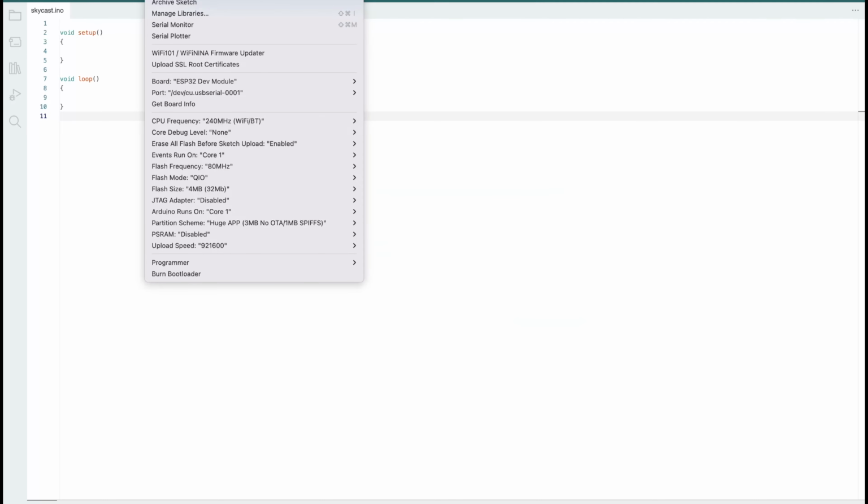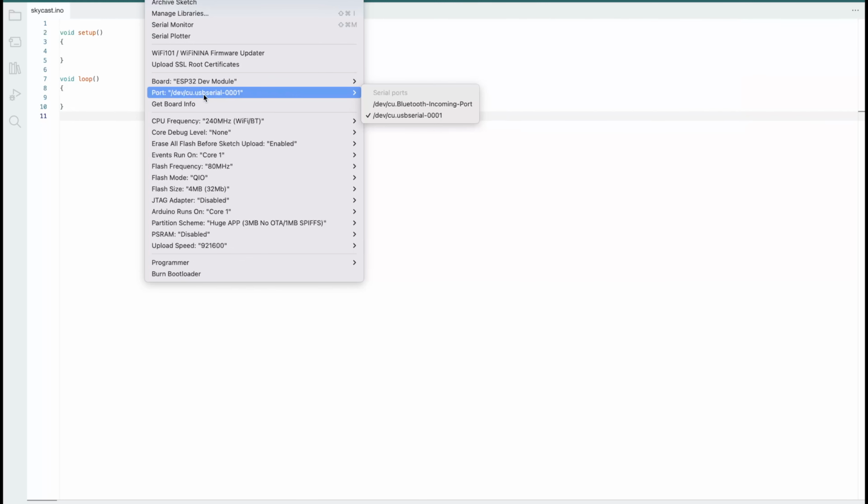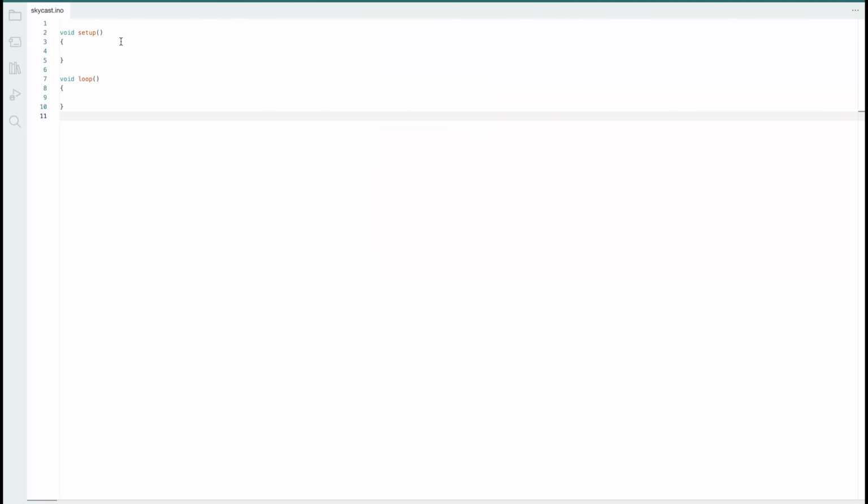From there, we can go up to Tools, and then we'll select Board, ESP32, and I am using an ESP32 dev module. And then right here with the port, you'll most likely have a different port than me, but go ahead and select the port with your device plugged in. So right here we have the setup and the loop. The setup will only run once on the startup, and then the loop will run after that